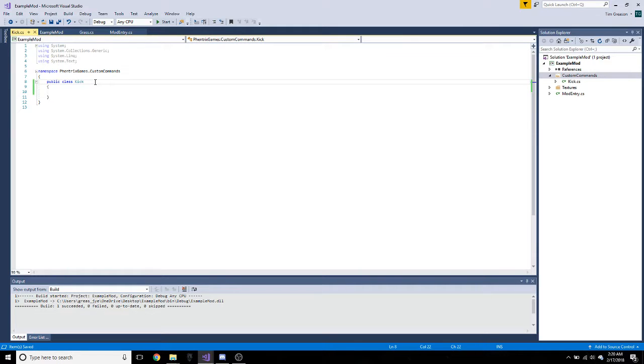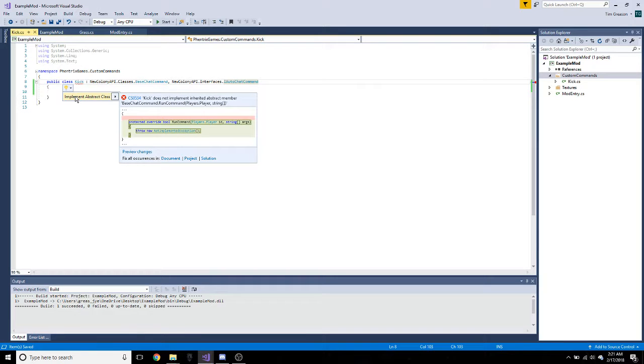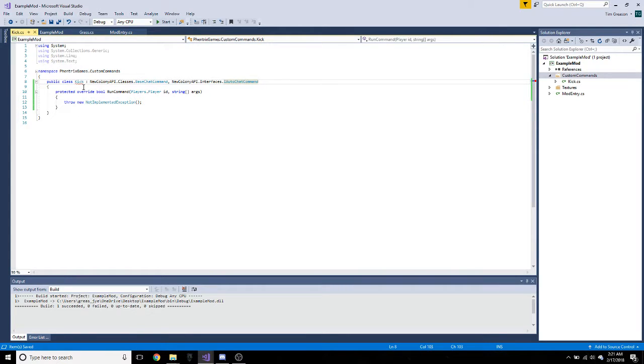Once again, it's something that's easy to do. It is just NewColonyAPI classes base command, okay, as always, and then we want to call new API interfaces and then auto chat command. We want to implement to overwrite our command,